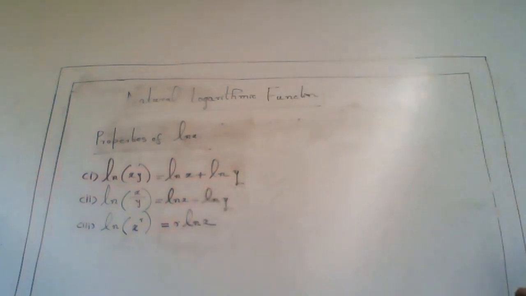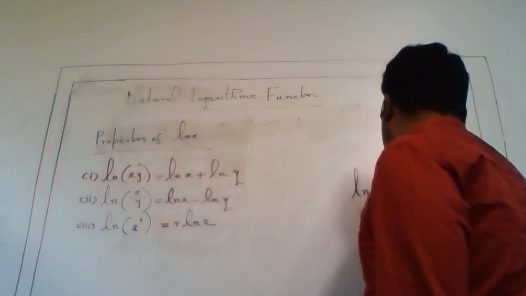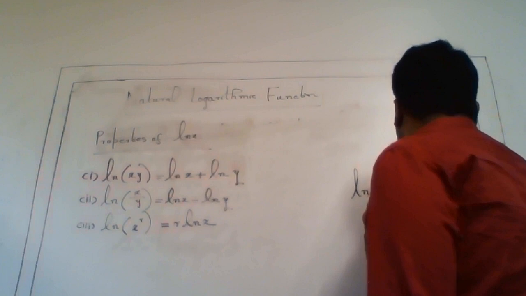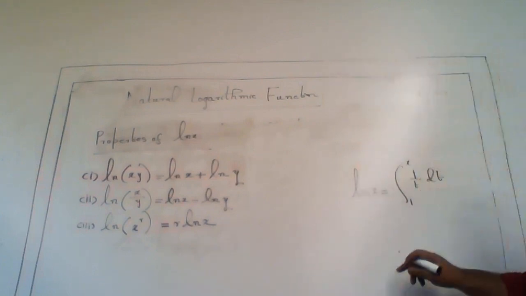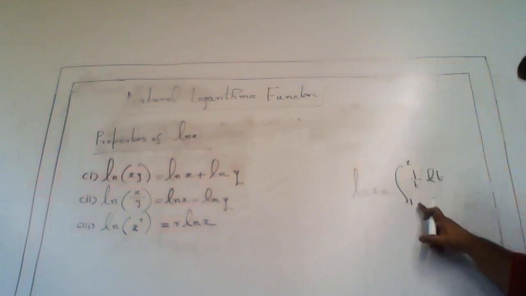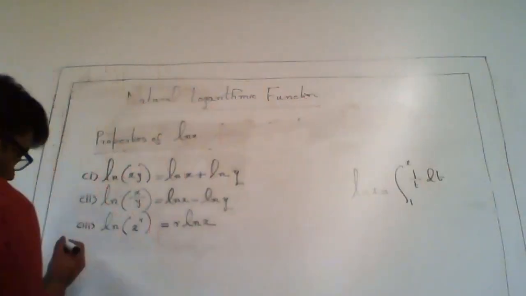We defined ln x as an integral from 1 to x of 1 by t dt. Now tell me, if ln x is the integral from 1 to x of 1 by t dt, then what will be the value of